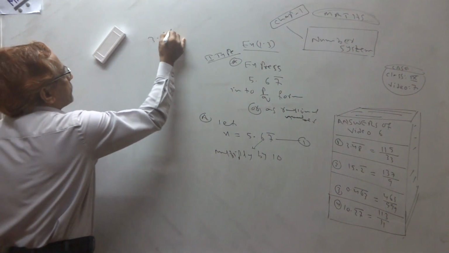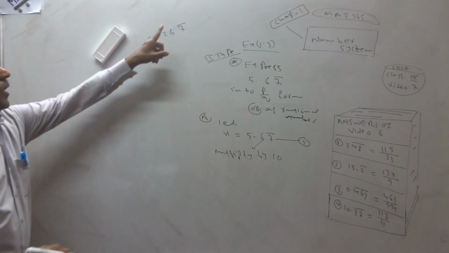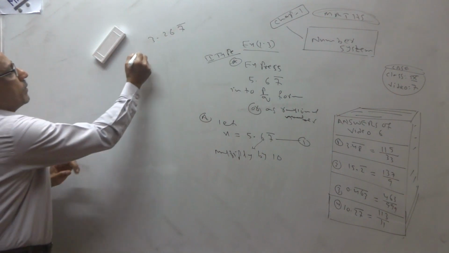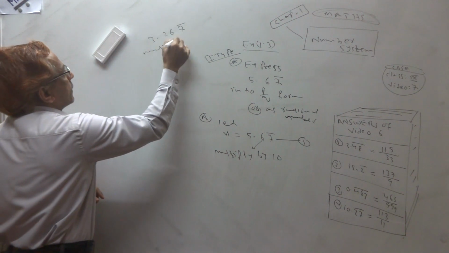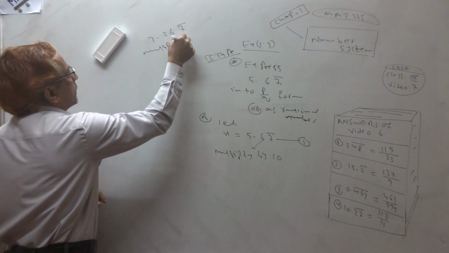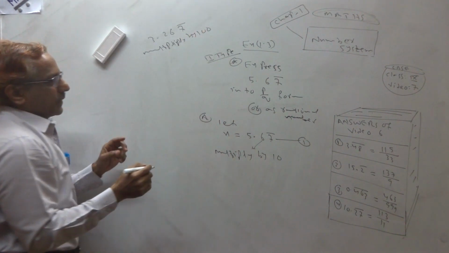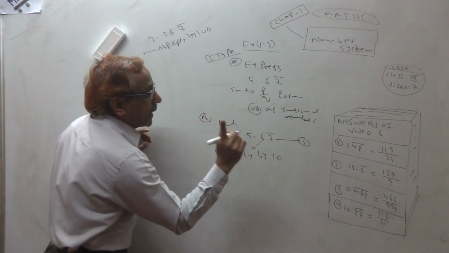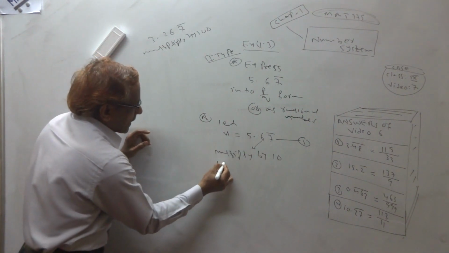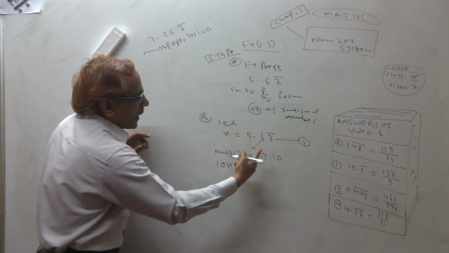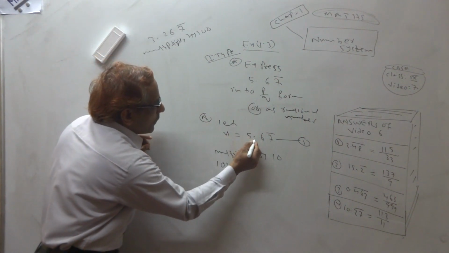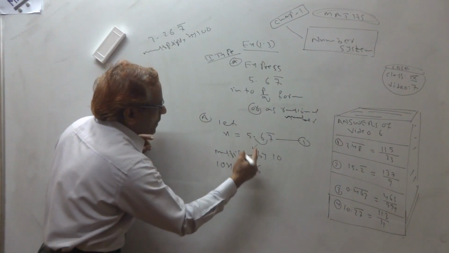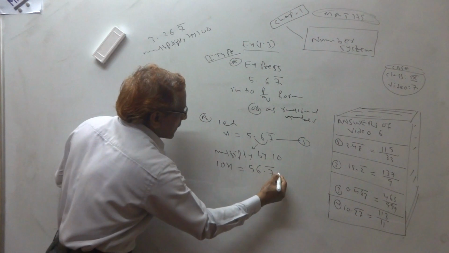If it is like this, outside the bar, how many numbers are there? Two numbers. Then multiply by 100. You see the system. So if outside the bar one number is there, multiply by 10. So it becomes 10x. Because you are multiplying by 10, this decimal will move here. So it becomes 56.7 bar. This is the second equation.